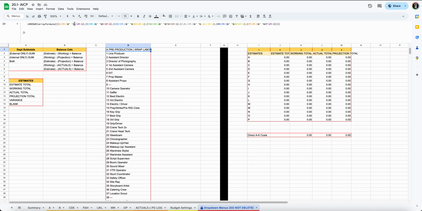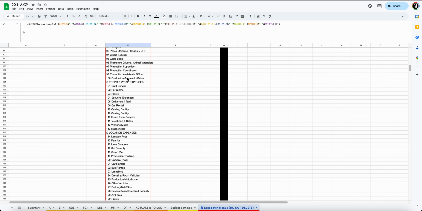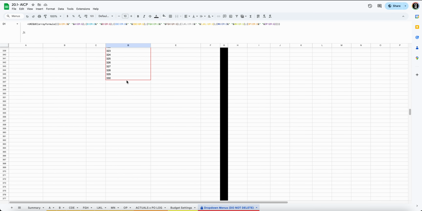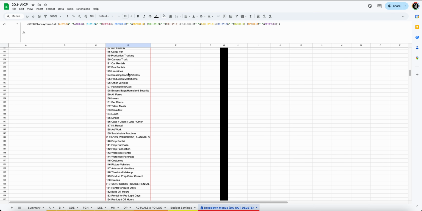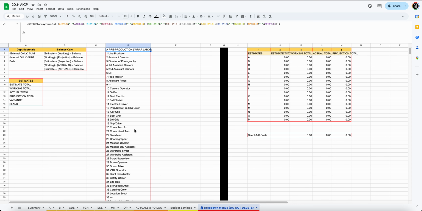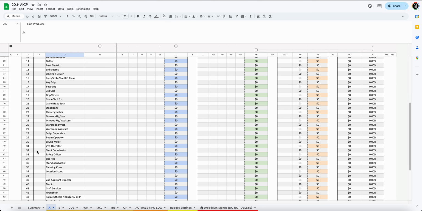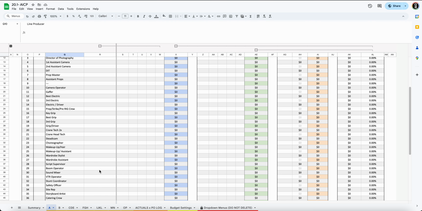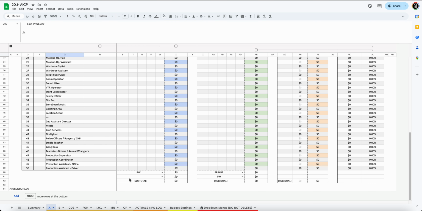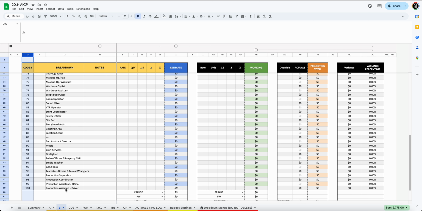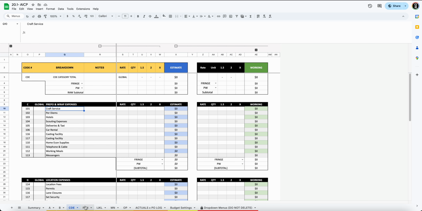So for A tab, for B tab, for CDE tab, and so on. And what it does is, by using these semicolons in between these ranges, it puts them in one giant column. And so this way, if you want to add an account, you don't have to add it here. You can just literally add it on this tab, and it'll start showing up other places. Obviously, the goal is to make this fairly simple, but I think for the most part, people don't really add columns and whatnot. But this